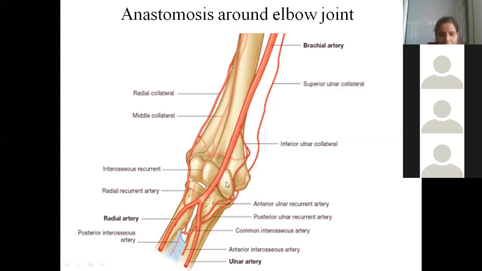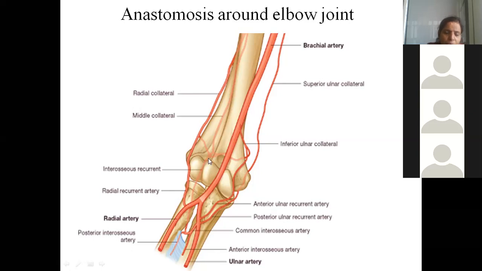Can you repeat once? In front of the medial epicondyle, Meghana, what are the two blood vessels joining, beta? In front. Hansraj, in front, which one is it, beta? Inferior ulnar collateral anastomosis with anterior ulnar recurrent artery. Behind, very good. Behind, which one? Superior collateral artery anastomosis with posterior ulnar recurrent artery. Very good. Superior ulnar collateral and posterior ulnar recurrent. So that is very much clear for you now.